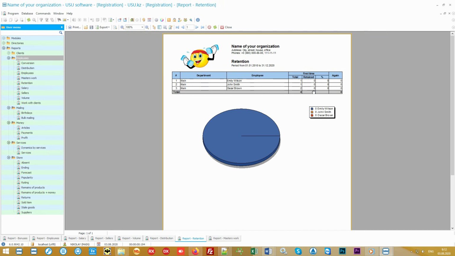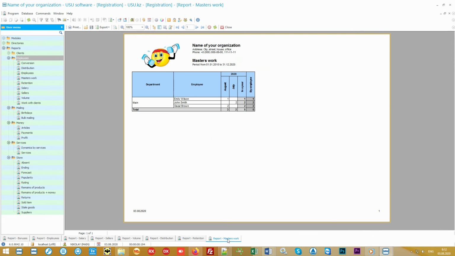When a client after the first visit continues to go to the same specialist, it's called customer retention. Also, the program can display the dynamics of visits. In this comparative report, you will see the number of visitors in the context of each month, both for a specific employee and in comparison with other employees. Please note that all reports will be generated with your logo and details. And all analytics can be built for any period of time. This means that you can easily analyze one day, a week, a month, or even a whole year.